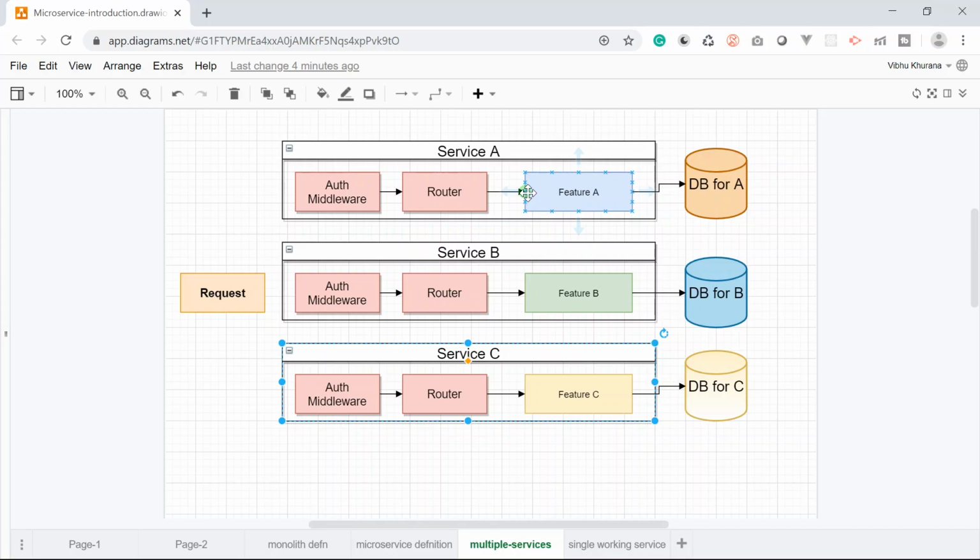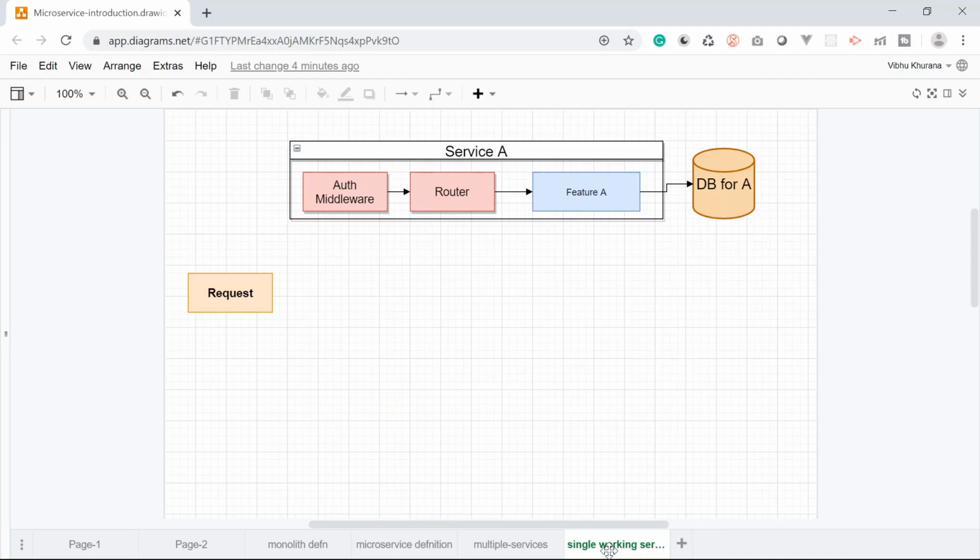The nice thing about this approach is that if for some reason every other service inside an application crashes or just mysteriously disappears, a portion of our application is still going to work. Like this. In this case, service A is 100% standalone. It doesn't necessarily require any other service to do its work. So all these services are independent. That's why they are able to complete the purpose for which they are built.